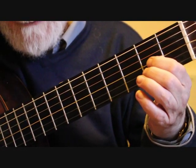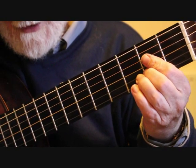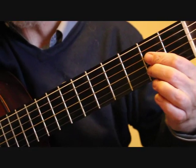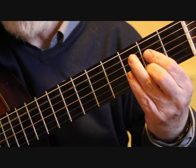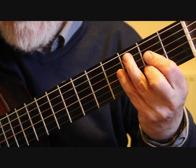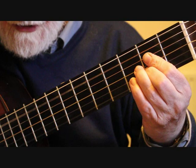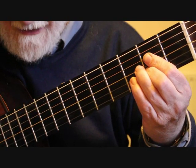So we're starting with the first finger on A on the 3rd string 2nd fret, and the second finger on the C sharp on the 2nd string 2nd fret. Now I actually do a partial bar covering the 4th string as well, so that gives me an A major chord. So on the 2nd beat I can actually play that 4th string. So we're now playing open 5th, 3rd, 2nd, 1st. Now we play the 4th string and then the 2nd string. So that is